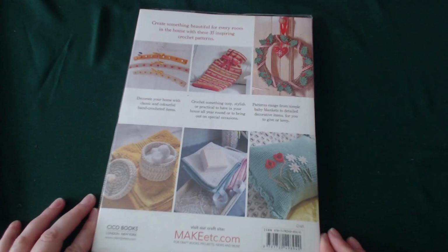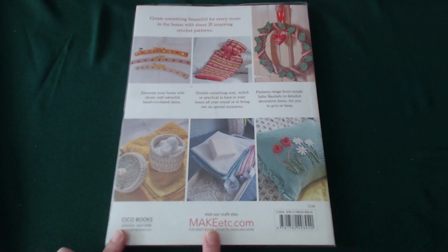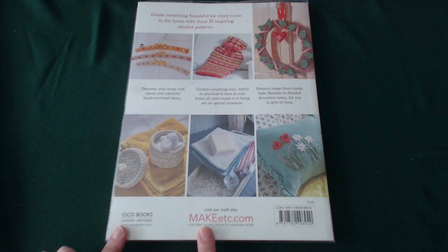Right, now this book, let's turn it over. It's published by Coco Books, and you can find their craft site down the bottom here. There is no price on there, so give me a second, because this is a library book, there's normally a sticker in here that tells you how much it'll cost to get it replaced. And for the UK, it's